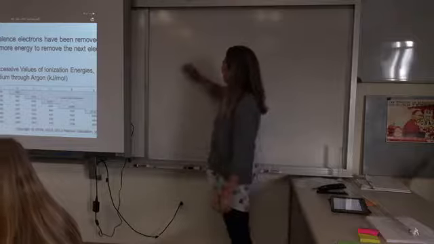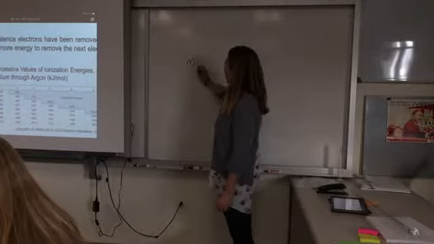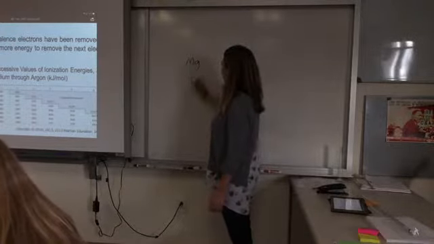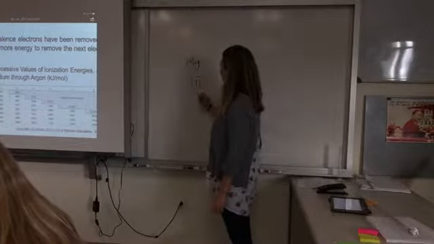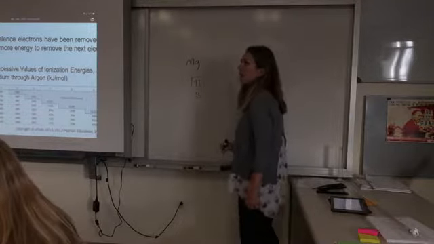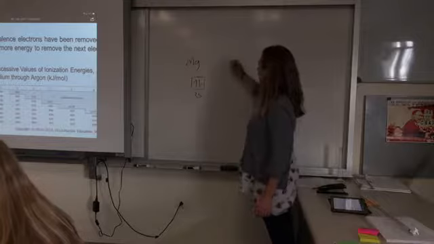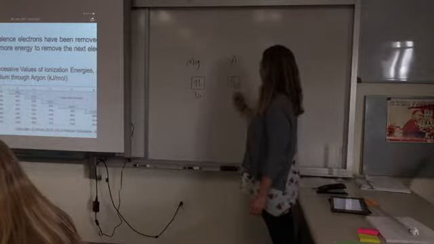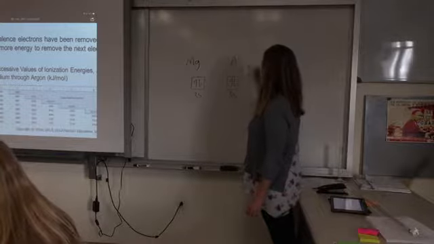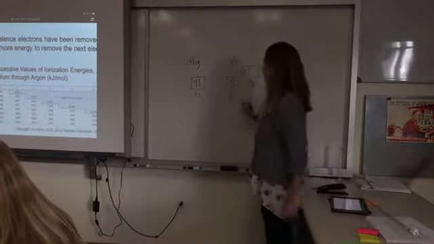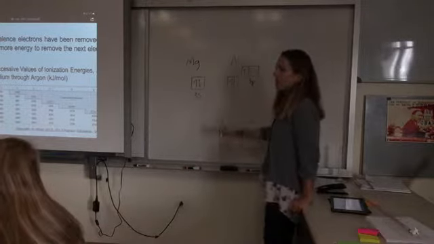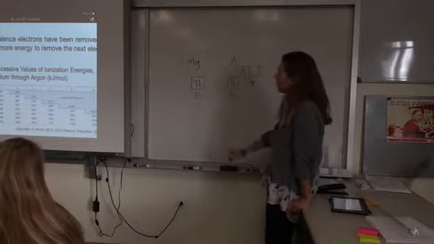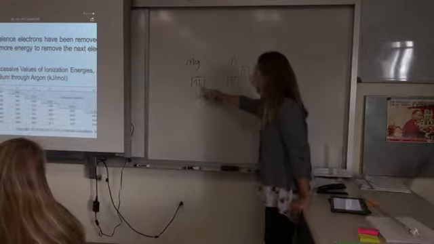Well, keep in mind, Mg looks like this, right? This is where Mg ends, correct? Aluminum, on the other hand, has this plus net. Okay? Why would Mg put up more of a fight over losing one of these than aluminum does